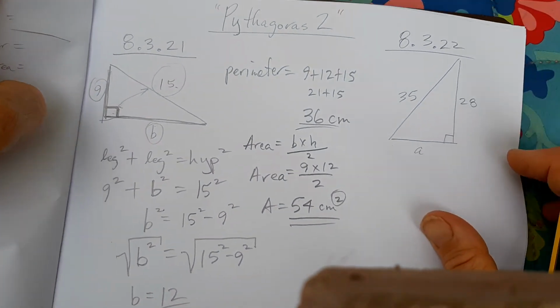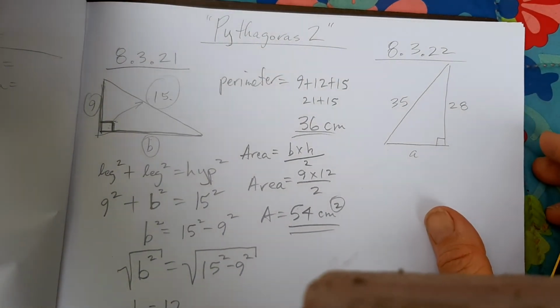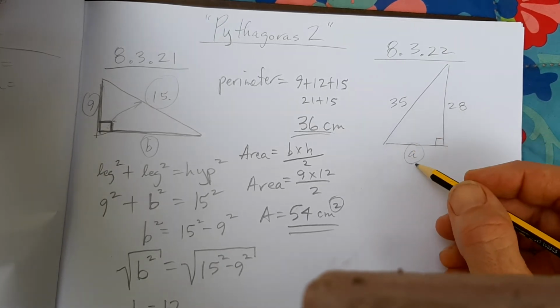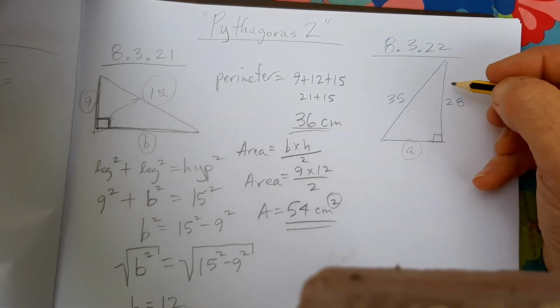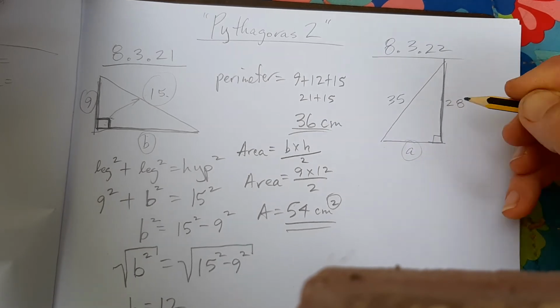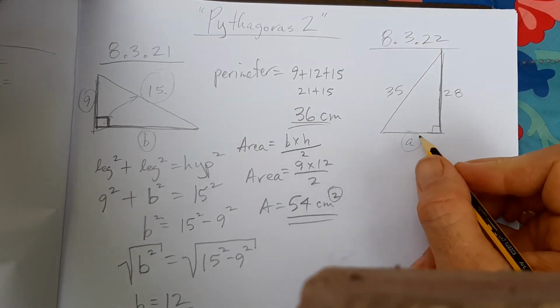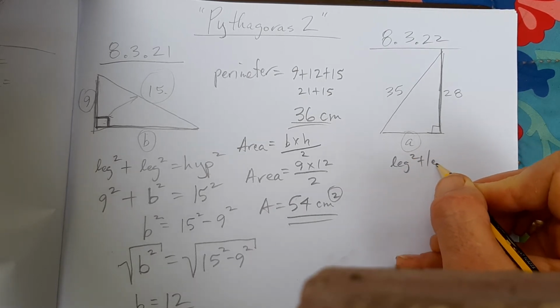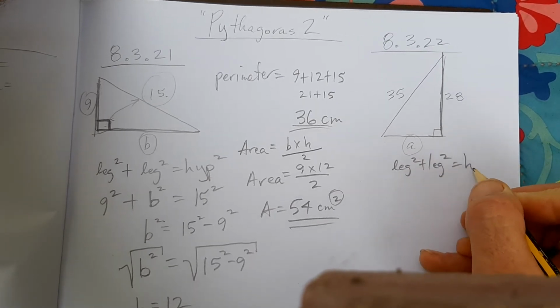And this is just lather, rinse, repeat, everybody do it again. It's facing the other way. Find side A. Well, that's a leg. I'm going to write it down again. The more you write it down, the better you remember. If you write this down, I got leg squared plus leg squared equals